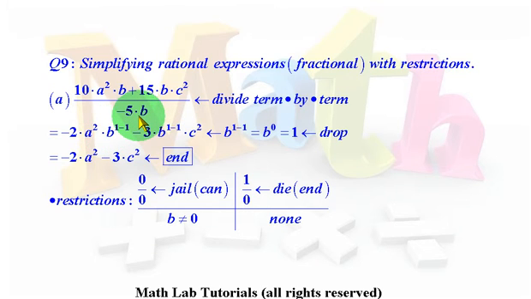Okay, actually I showed it in little baby steps. Okay, let's do it again. You get 10 divided by minus 5 will give you minus 2. And then a squared is alone. And then you get b to the power 1 minus 1, because you get power 1 up here and minus 1 down there. And then we get 15 divided by negative 5 is minus 3. And then we get b to the power 1 minus 1. And then we just get a c squared. And notice that b to the power 1 minus 1 is just b to the power 0, which is 1,